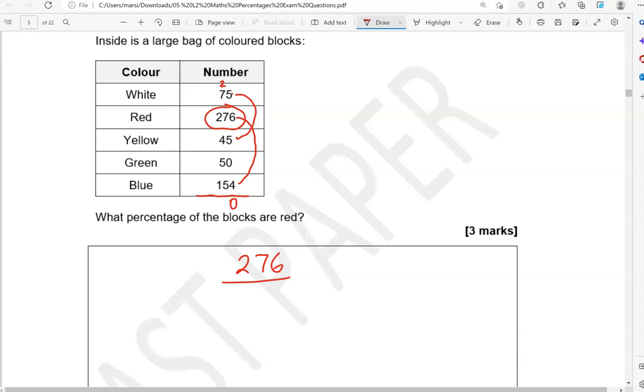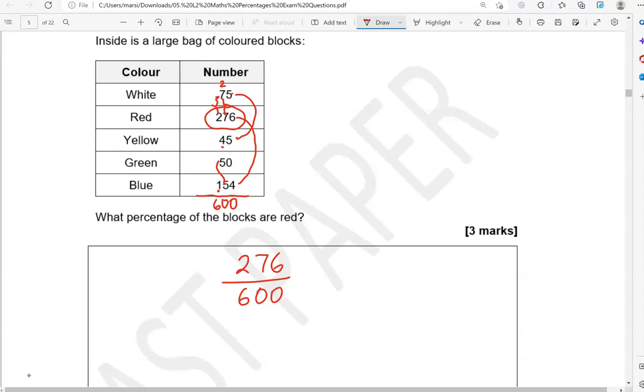Now we've got 5 and 5, that is 10. 7 and 7, that is 14. 10 and 14, that is 24. Add the 4 is 28. Add the 2 we carried over, that is 30. So 0 down and 3 carried over. So we've got 3 and 2, which is 5, and the 1 is 6, so 600. So 276 out of 600. Now we can divide 276 by 600 to get the decimal, and then multiply by 100